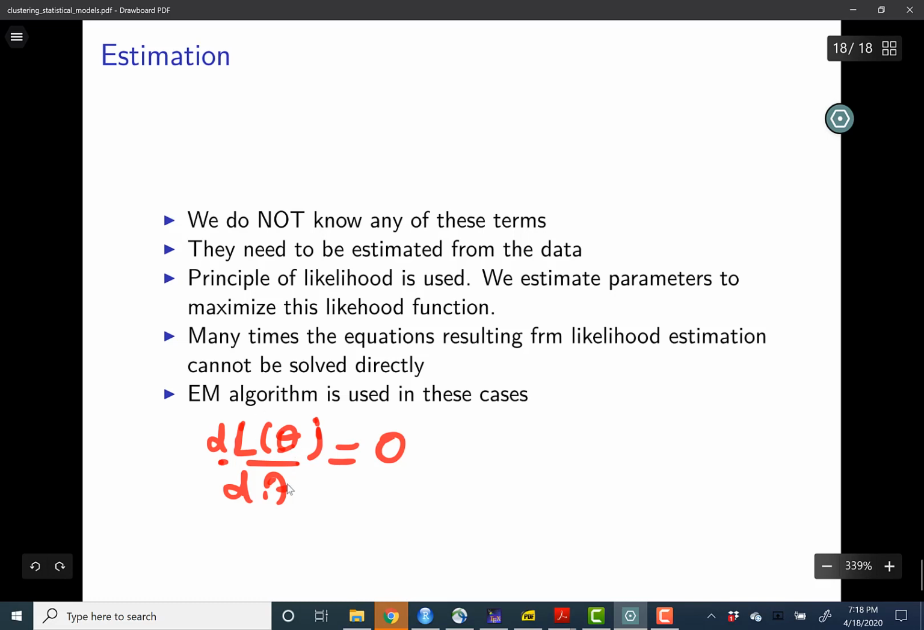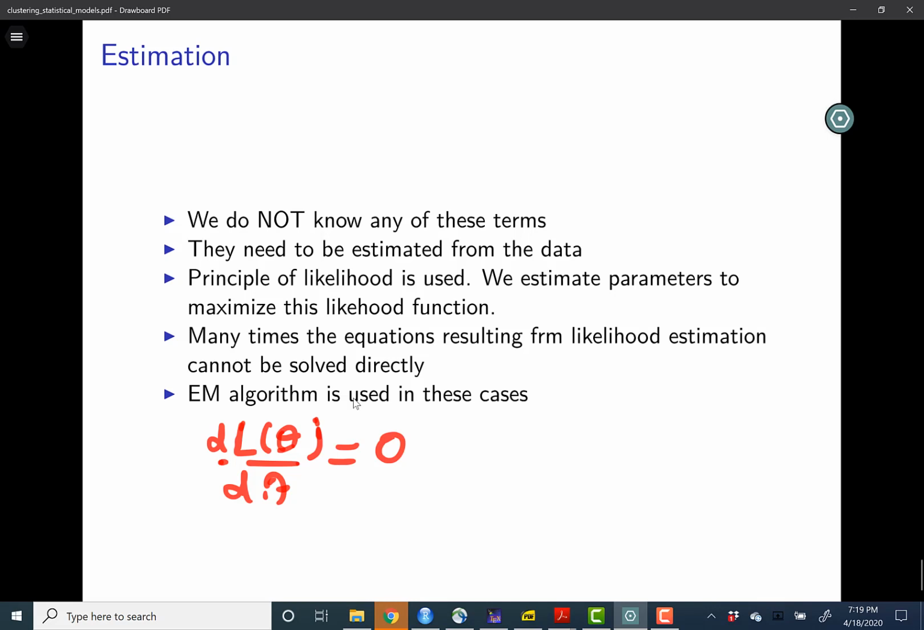Many times the equations that result from this likelihood estimation cannot be solved directly. So we'll see a few examples where it's easy to solve these equations, and we'll see some examples where it is not so easy. In these cases, we'll use the EM algorithm. Okay, so there is software that directly executes this algorithm. If time permits, we'll take a little bit of a look inside this